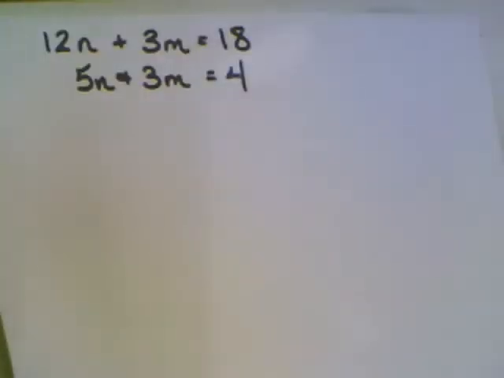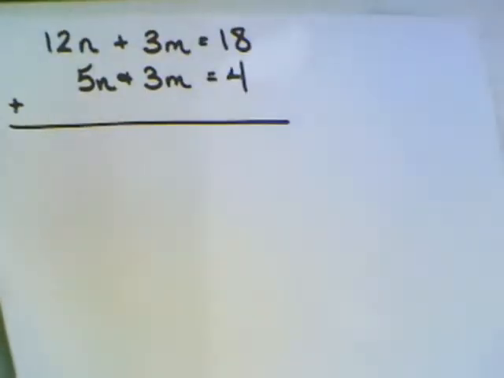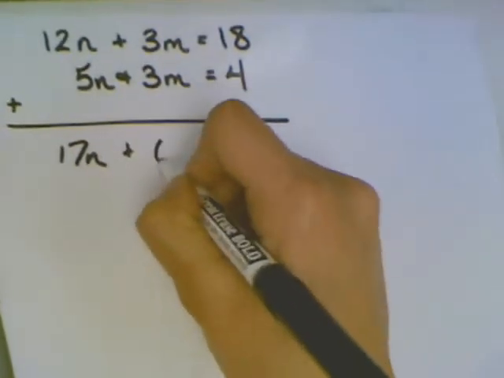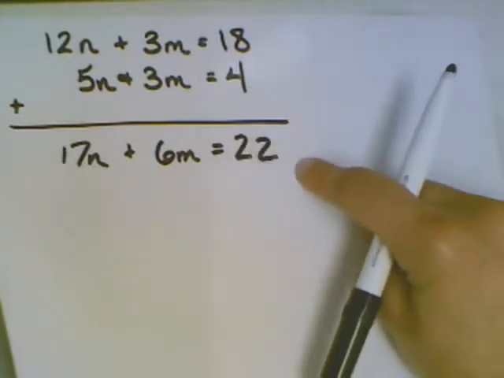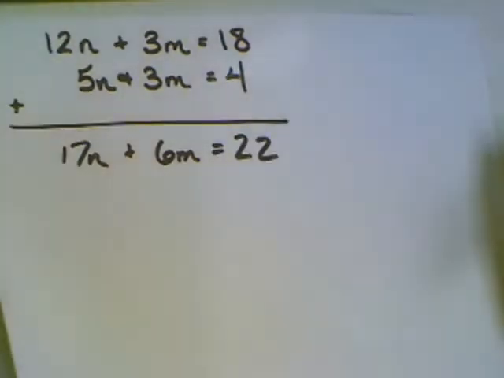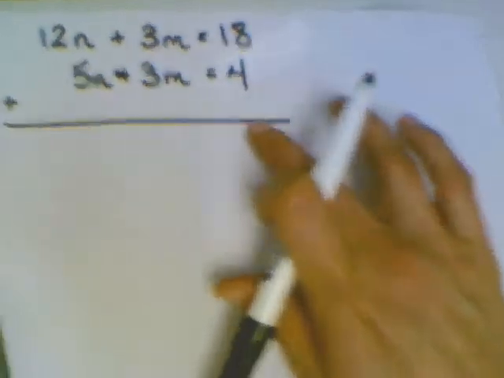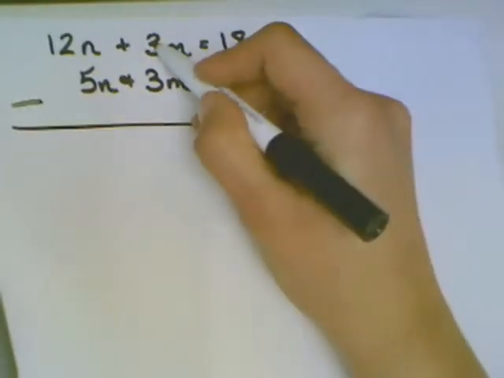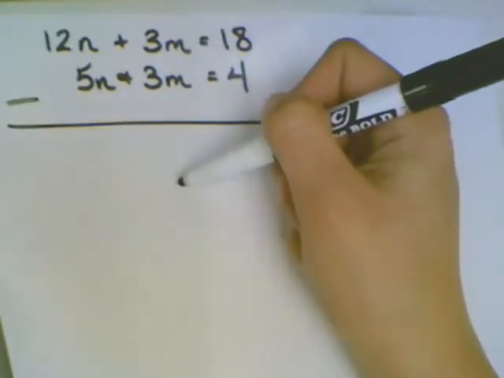Let's try to use the addition-subtraction rule on this one. If I try to add these two equations together, I'm going to get 17n plus 6m equals 22. Now this is not really very helpful to me because I still have two variables in this equation. I can't solve for one of them. But what I can do instead is subtract the two equations, because by subtracting 3m minus 3m, my m's will